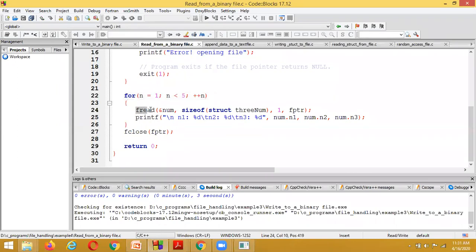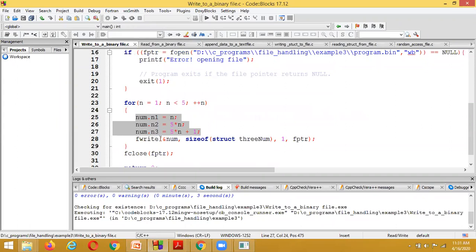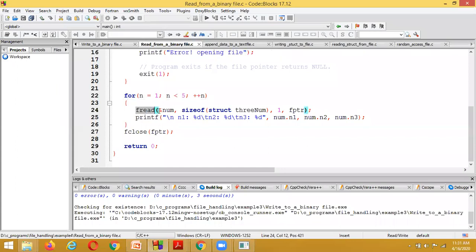That's why we execute fread. All the parameters are the same here: ampersand num, sizeof struct three number, 1, and the file pointer. And here we are accessing the values.